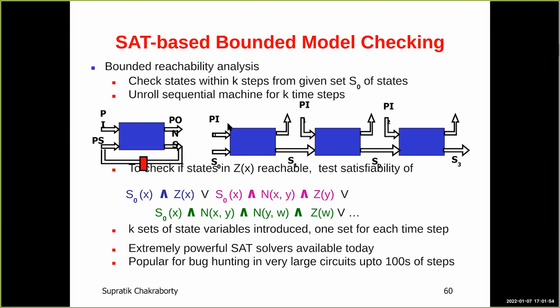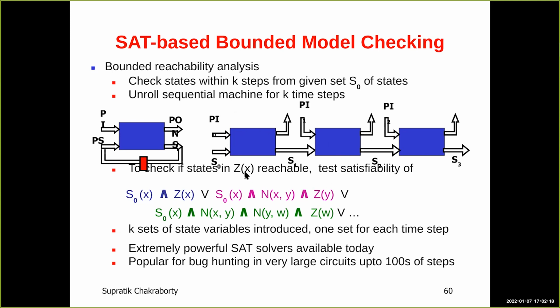We say that, okay, let's unfold it maybe 100 times or 300 times. And so we get one big circuit like this, right? Remember, each of these is a Boolean circuit. So we get one big circuit now, which has been unfolded maybe 300 times or 100 times. And then we want to ask